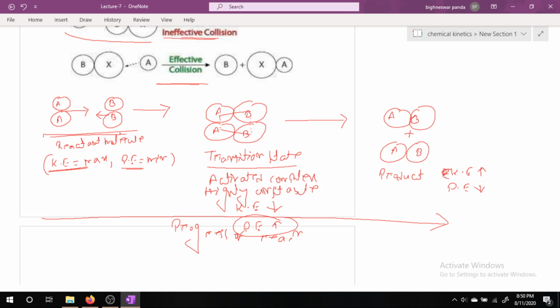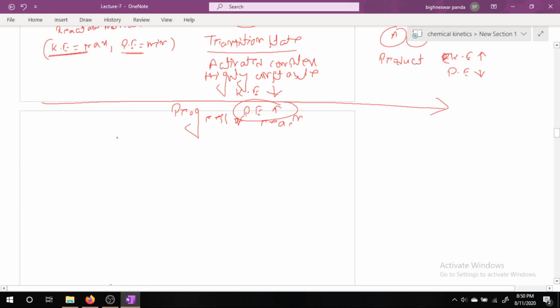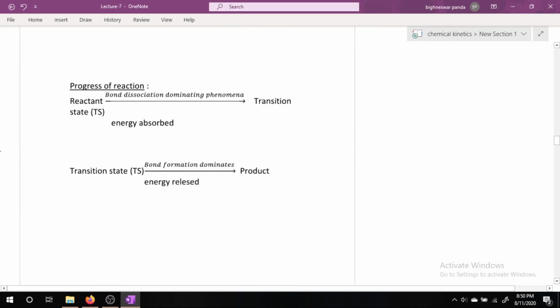It is highly unstable, and since the transition state is highly unstable, it is converted into product, and the product has very high kinetic energy and very low potential energy. This is all about the progress of reaction. If we study the progress of reaction, we find